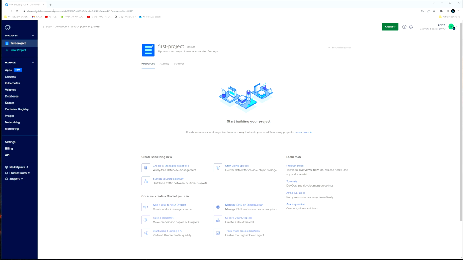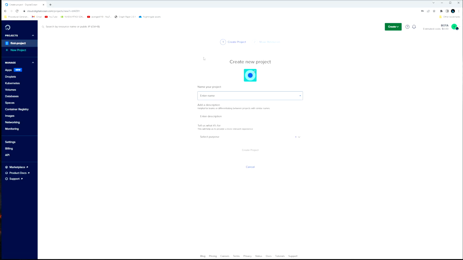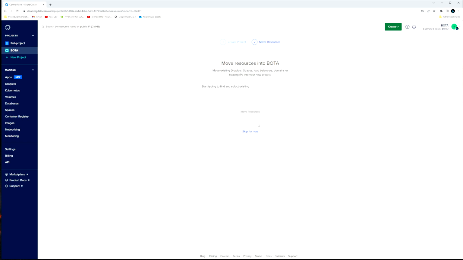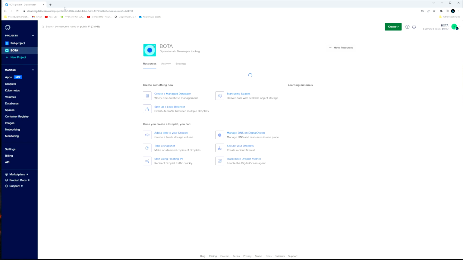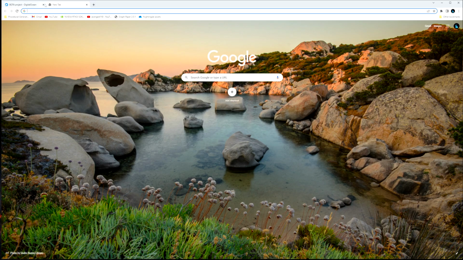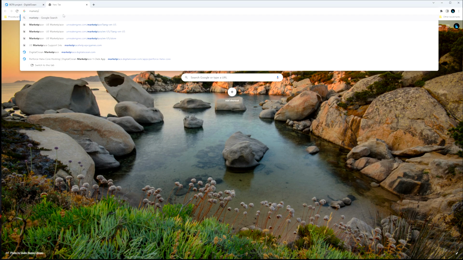Then you're going to go to cloud.digitalocean.com, and we're going to create a new project. I'm going to call mine the name of the game I'm making, the abbreviation for it anyway. Mine's going to be operation/developer tooling, and I'm just going to hit create project. I'm going to skip that. Okay, now we're going to go to